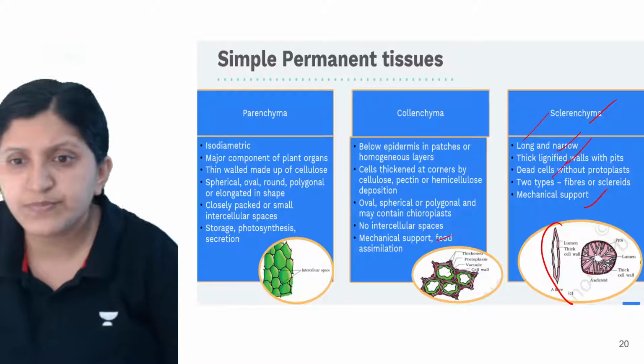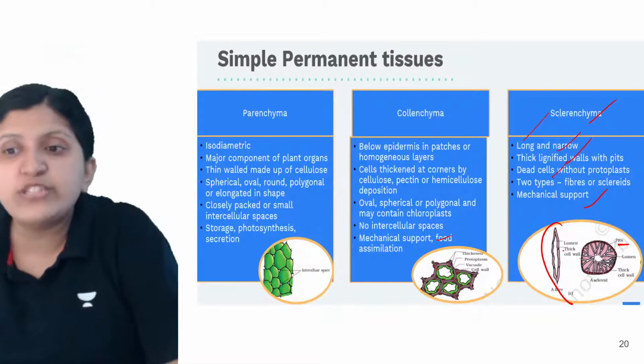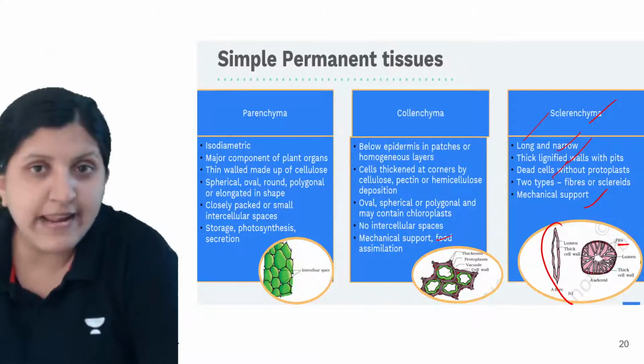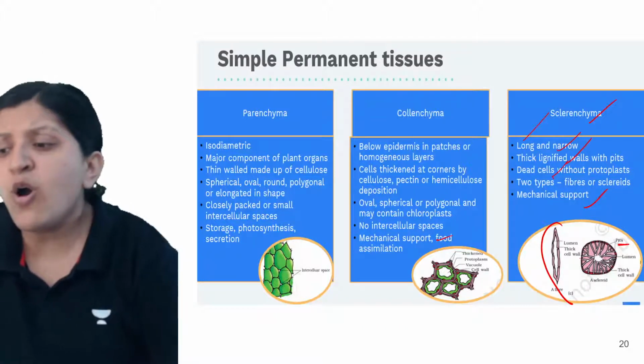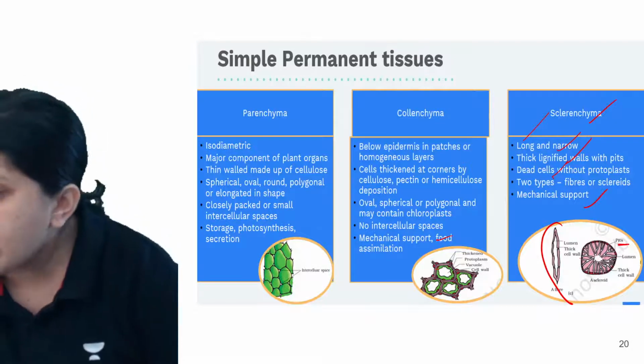Just a second. Yeah. So now these are the pits through which transportation of water can be done. So that is whenever sclerenchymatous tissues are associated with tracheids, vessels,